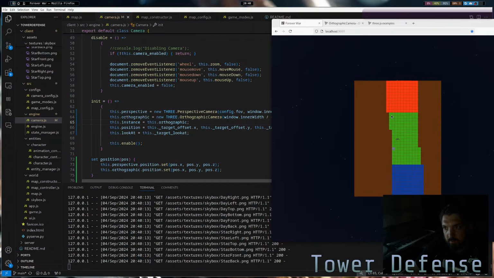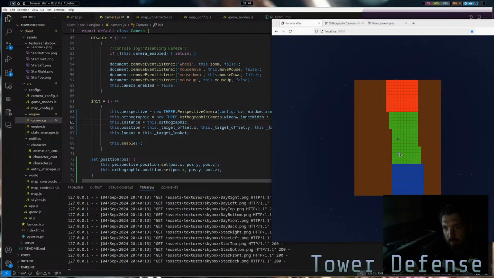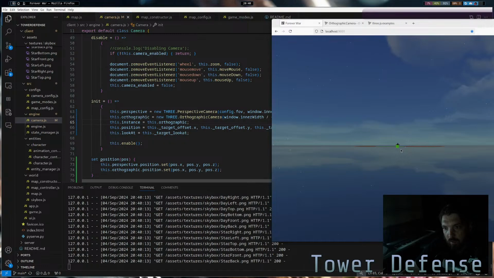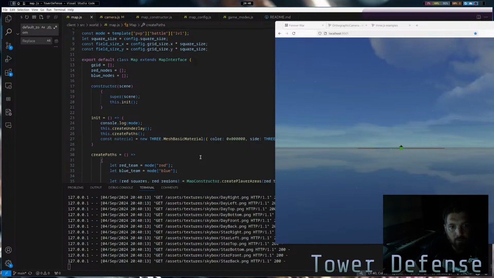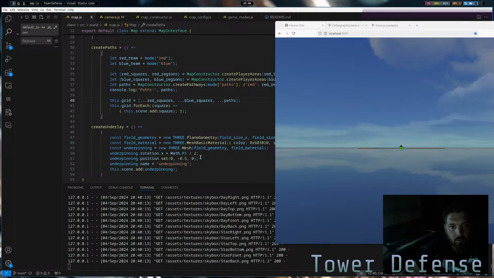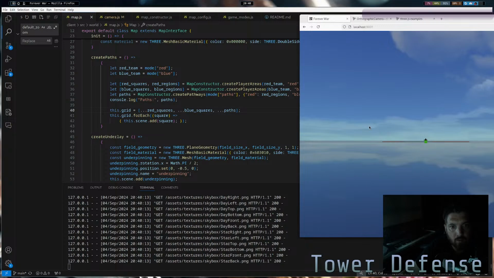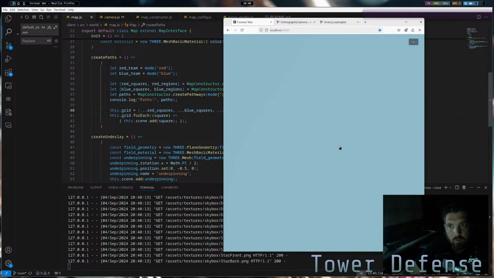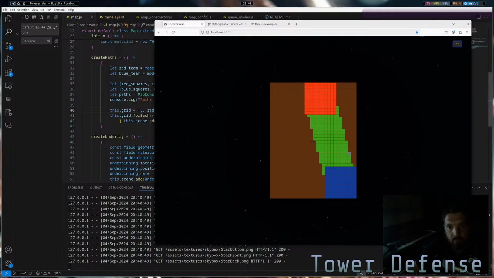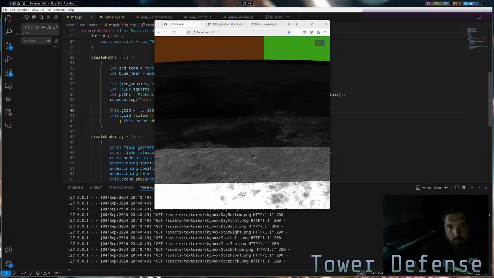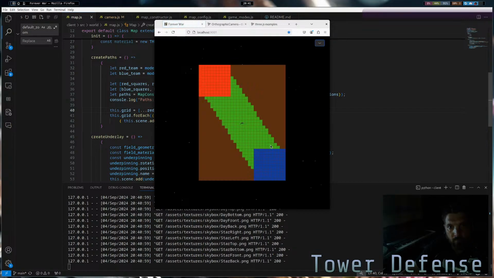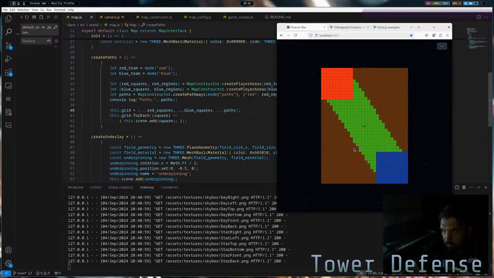But everything changes. Also, why do we have one mesh in the middle? Map. Or orthographic is all messed up. Our map generation looks cool, but